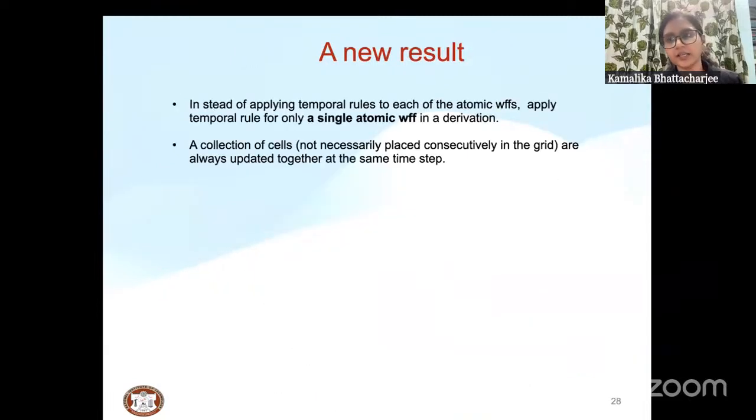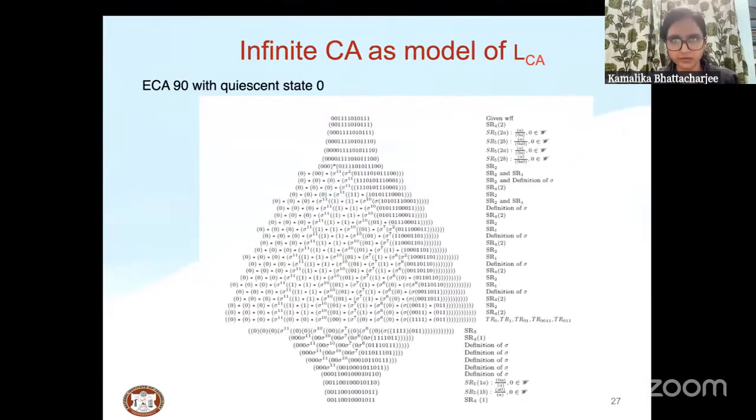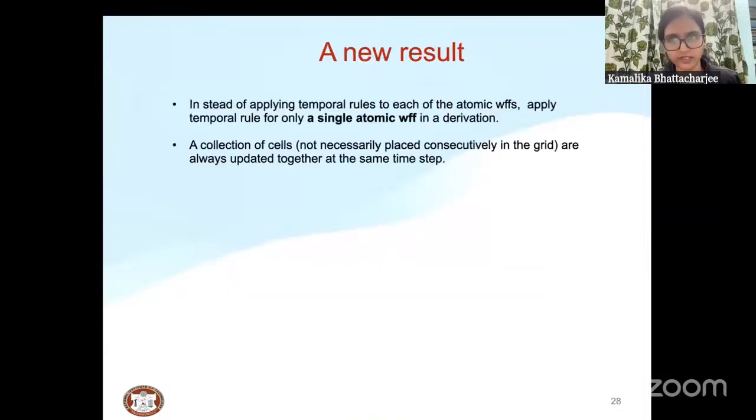Interesting thing is in our logic, we are not restricted. We are just saying that an evolution needs to use one temporal rule. But if you see the previous cases of the evolutions of CA where it is synchronous, so all temporal rules were applied together. Here you can see at this last, I don't know whether my cursor is visible or not. Here we can see that all the temporal rules are applied together, but this is not the restriction of the logic. So just from the logic, we can actually get a new kind of CA, where we name it as